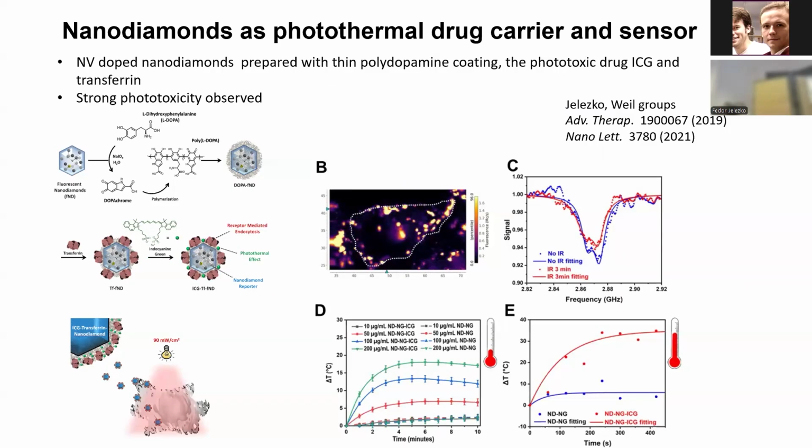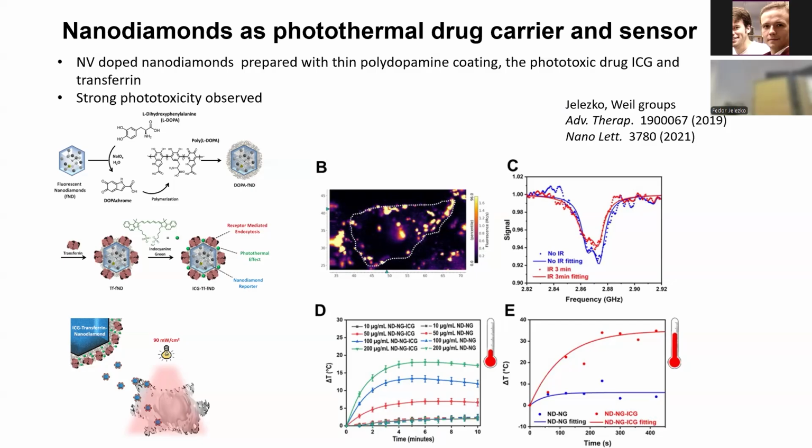For example, in phototoxic drugs, the release of the drug, which is often carried by a particle, is triggered by a temperature change, and we have been able now to combine the functionality of the NV center with a drug delivery device and the sensor of the temperature, and this is a collaboration with Tanja Weil's group here at Mainz at the